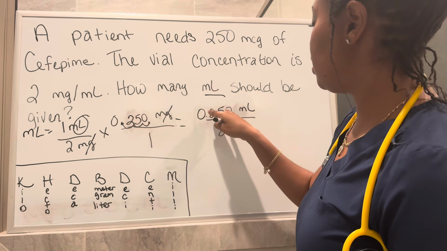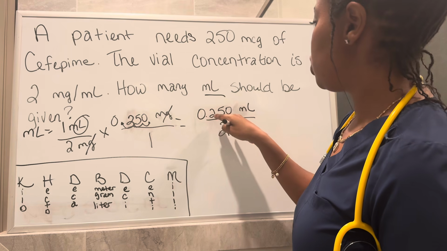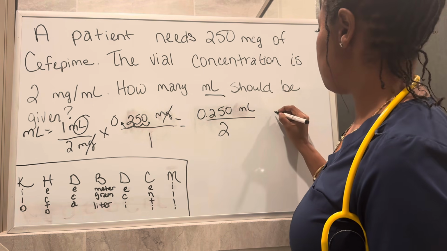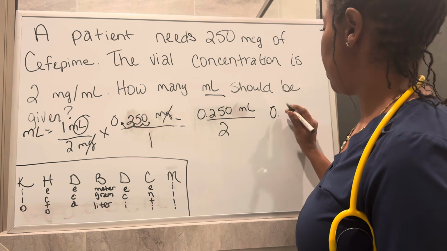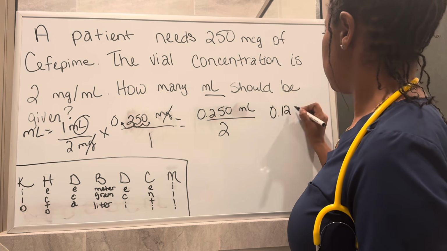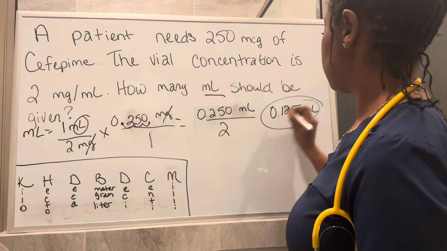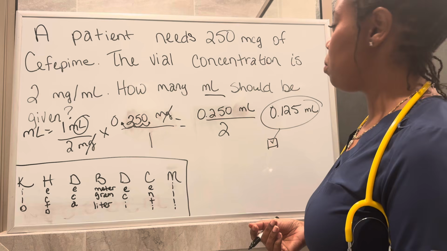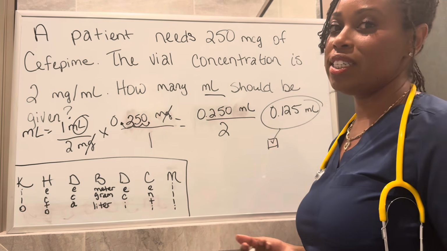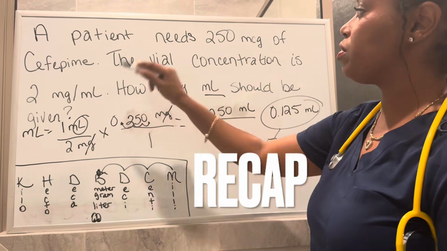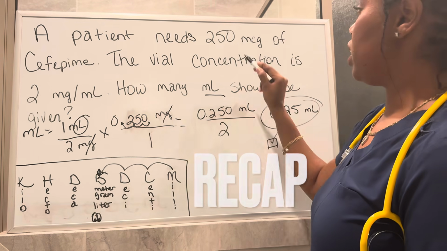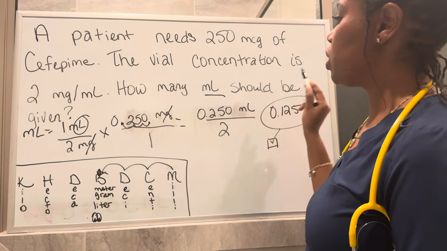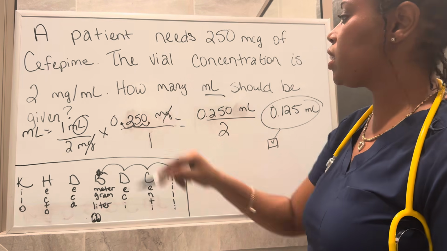So we're going to divide now. 0.250 milliliters divided by 2 is going to leave us with 0.125 milliliters. Guess what? You just got that correct. I know it kind of looked like it might be a doozy, but it wasn't. The patient needs 250 micrograms of cefepime, and the vial concentration is 2 milligrams per milliliter. How many milliliters should the nurse give? She's going to give